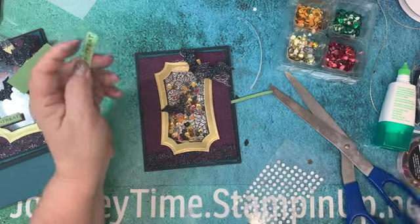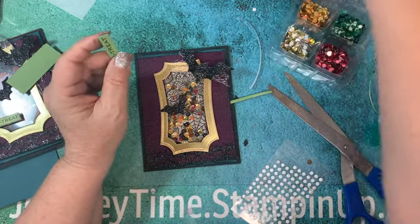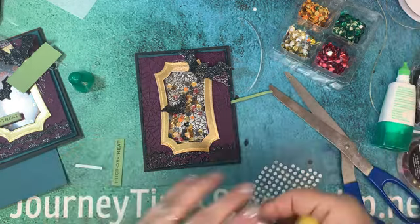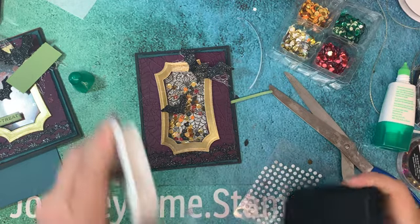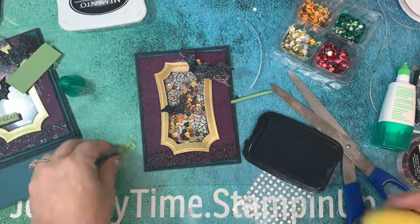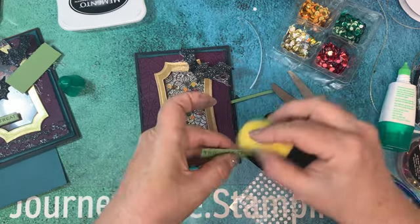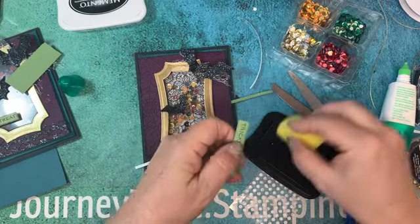Okay, to make it scary, we're going to go ahead and sponge it with the black Memento ink that we used on the rest of it. Because my motto is 99% of the time it's not done until it's sponged. So, all right,